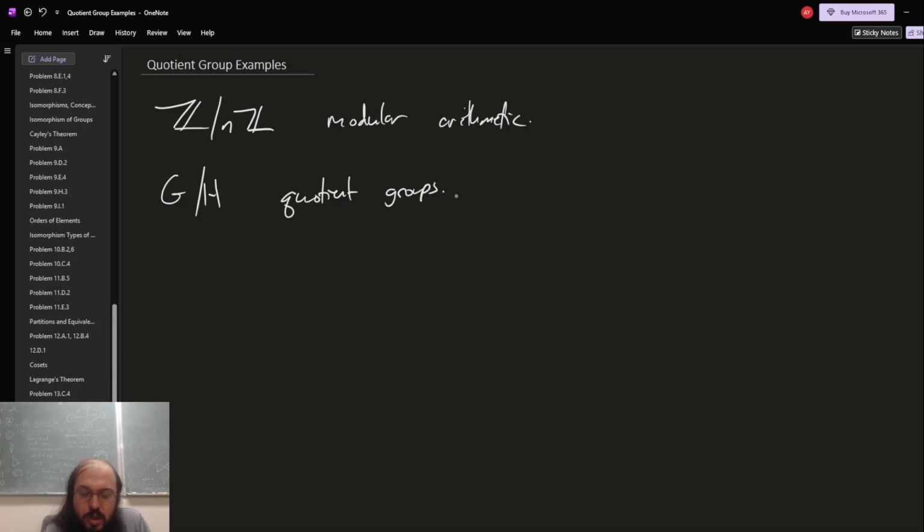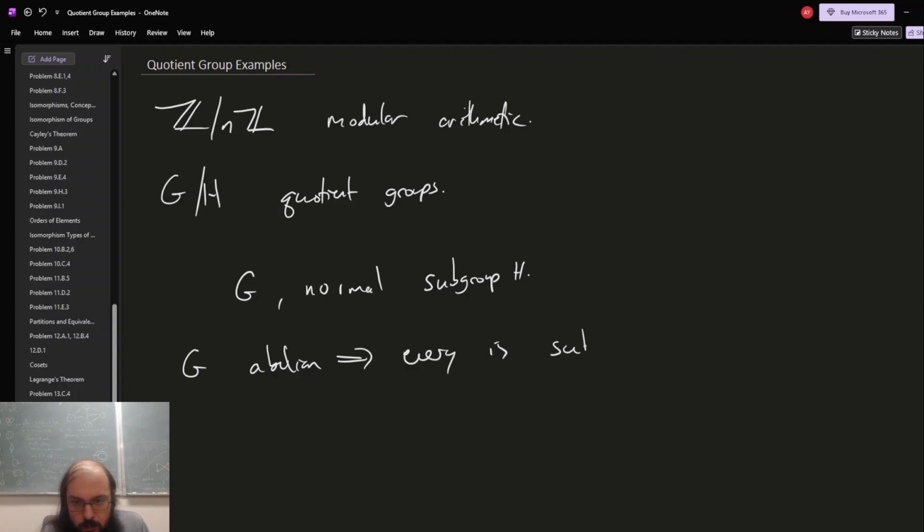This will also answer the question of what I mean by setting something equal to 0, or the neutral element, in a quotient. So let's review the setup. To do quotient groups, we need a group G and a normal subgroup H. Well, one of your homework problems is that if G is abelian, every subgroup is normal. You have ostensibly proven that by now, but let's just convince ourselves that it's correct,